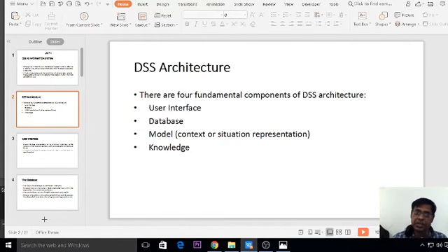So the user interface is for communicating, and what about the database? The database is the back end of the system, is it not? We use the system's front end, and the back end is nothing but the database. Okay, so we are considering a number of alternative situations for taking a decision. Where the alternative decisions are, they are kept in the database. That is, through the database we consider and think about them, and we go for a better solution.